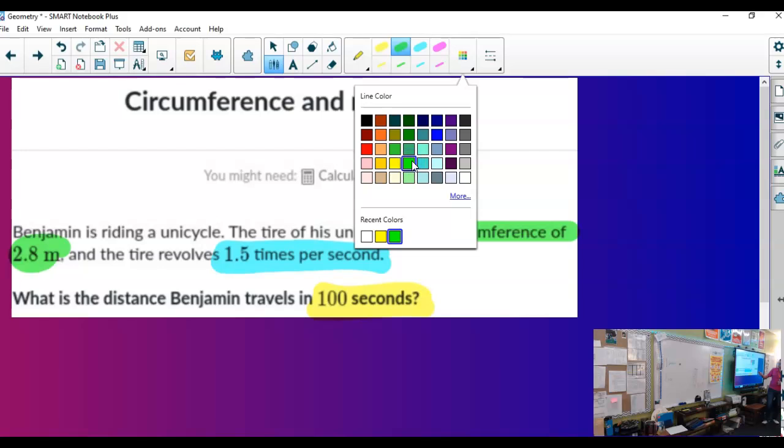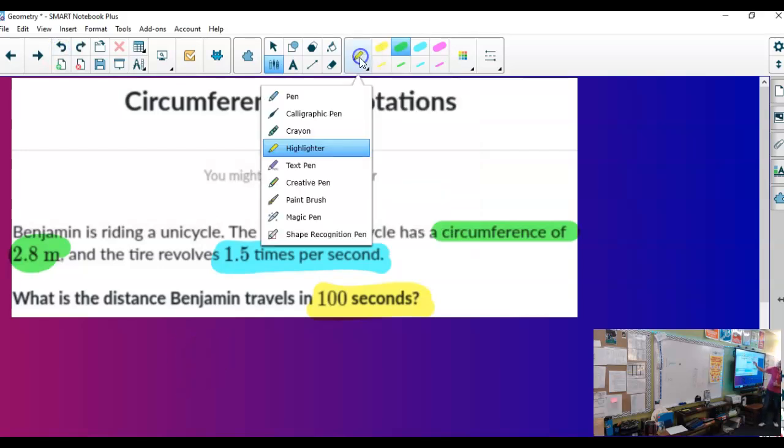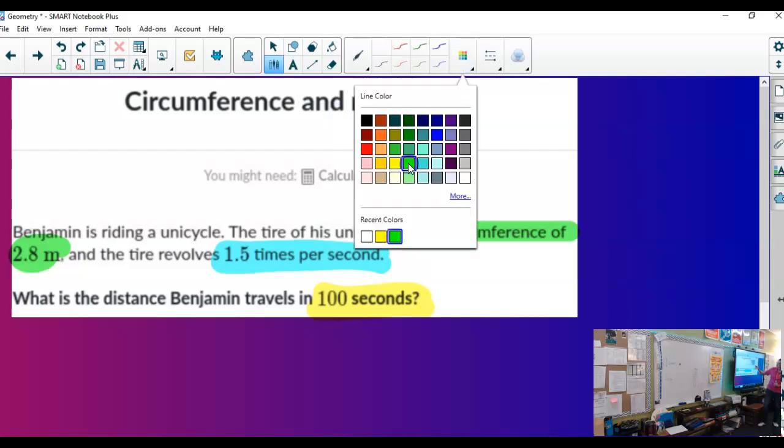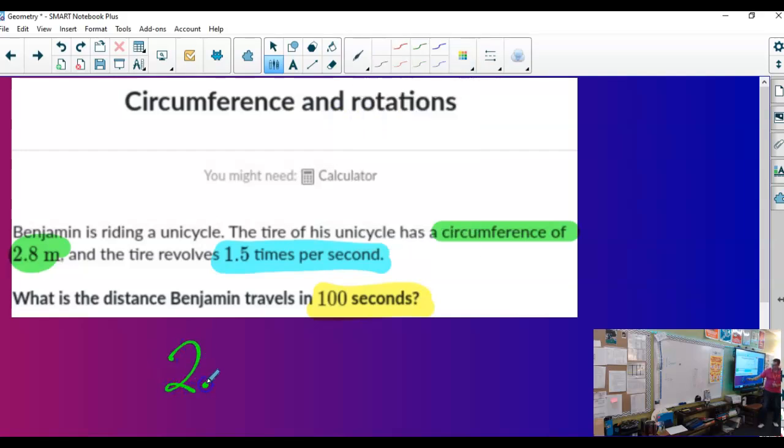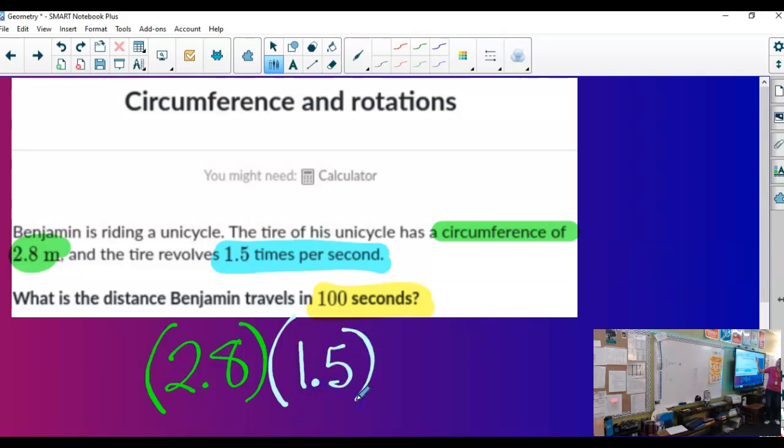I'm pretty sure what we need to do here is take our revolution. Right? Revolution could be like an uprising of the people against the government, or it could just be a rotation. Gotta love in America, we use these words for all sorts of different things. Times, in 1 second, it'll rotate 1.5 times, and then in 100 seconds,